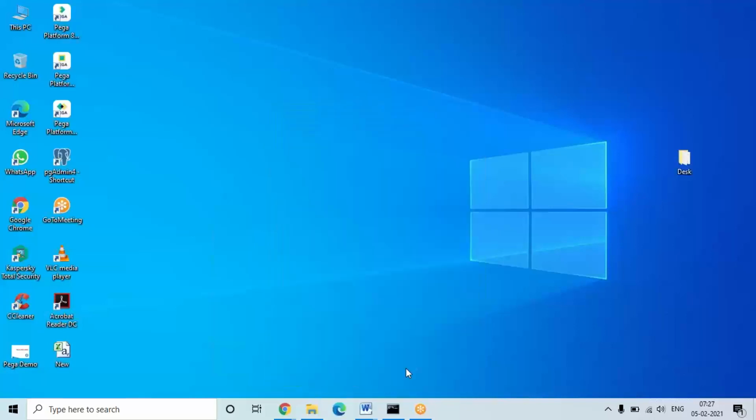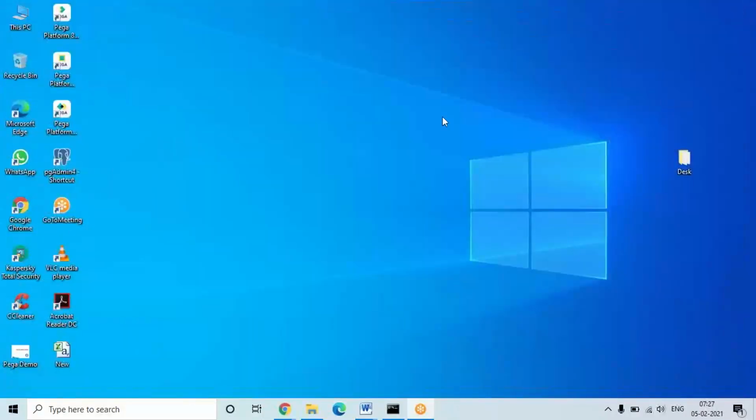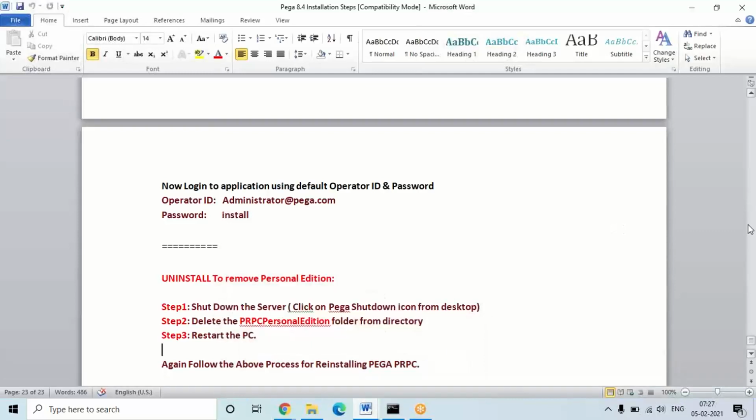So next time if you directly click the login icon, it is going to open in the Microsoft Edge browser. So earlier if you were using any other browser, if you want to set any browser as default, you can just do this setting. From next time when you click on login, whichever browser you set, the application will open in that browser. Okay, so like that you can complete the installation process. So once again, for those who joined late, quickly I'll review.